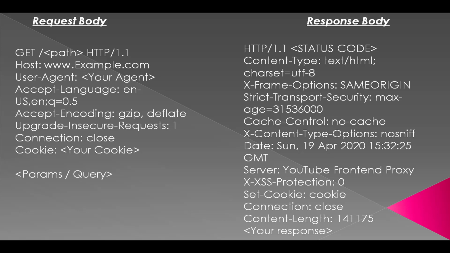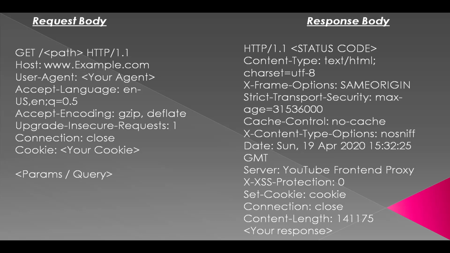So here let's understand the other headers. Content-Type: if our request is sending any content to the web server like text, HTML, PHP file, image, JPG, PNG, MP4 video file, audio file, text file, anything else. After that, charset, Strict-Transport-Security, X-Frame-Options, Date, anything. There are several kinds of headers, and we can focus on the last two headers, Content-Length.